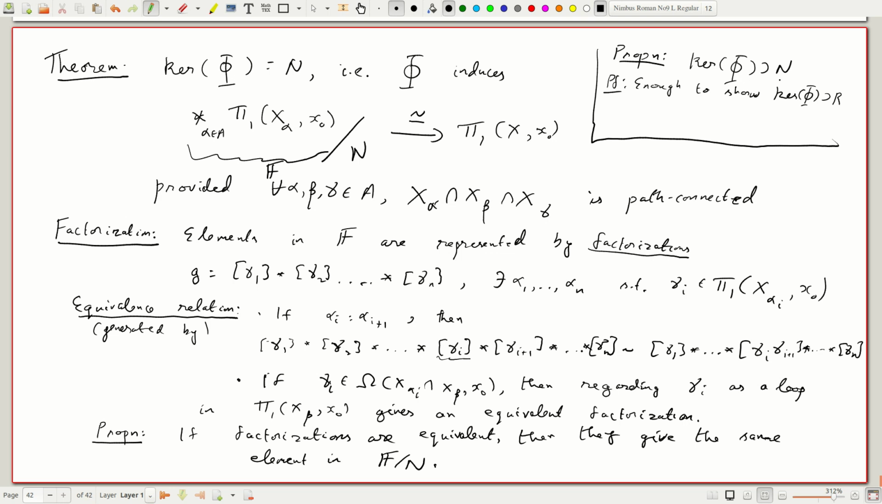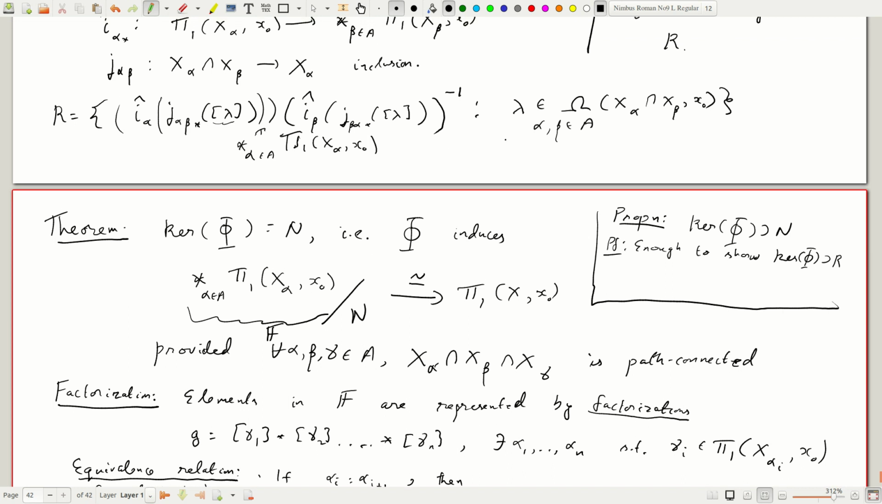So the kernel is a normal subgroup. So if it contains R, then since N is the normal subgroup generated by R, it is enough to show the kernel of phi contains R. And let's remember R is generated by elements of this form, i alpha this times i beta this. Now any element of this form clearly goes to lambda lambda inverse. So if I took this element, when I look at pi 1 of x0, this thing maps to lambda, the inclusion map, times lambda bar,